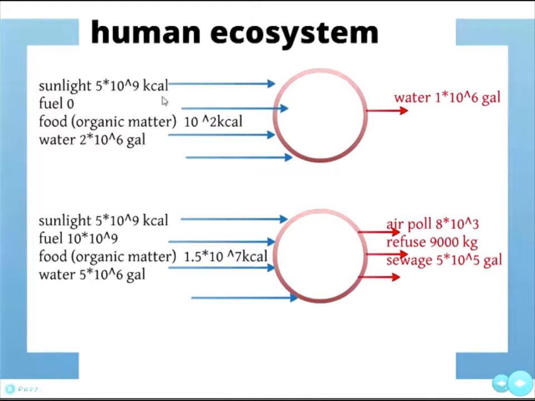That's about kilocalorie per acre here. It's imperial data here. So you can see there is a lot of sunlight, no fuel at all, a lot of food going in, but not processed, and then water. While a city, for example, would have sunlight, but is mainly based on fuel. Here you can see the figures are huge, and the waste here is minimal, just in water, while